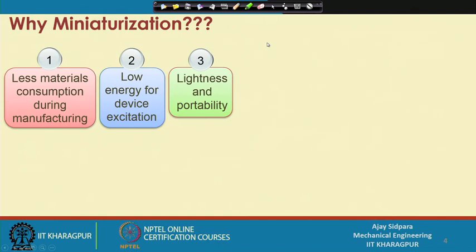Now, third one is the lightness and portability, because here you can see that if your component is very small, obviously it will be very light. So, this is an obvious advantage. Then portability, what is portability? That means, if your component is very small, you can easily transfer or transport it to another location without utilizing very highly sophisticated material handling